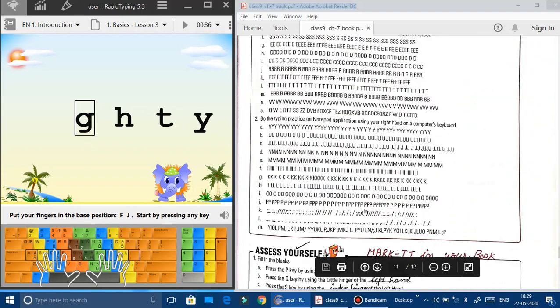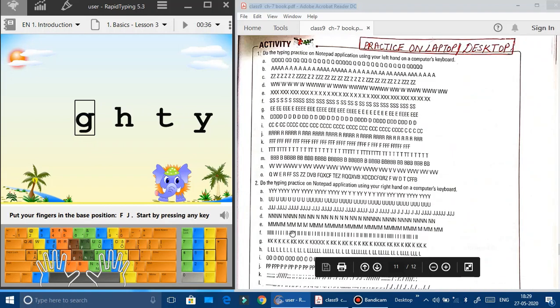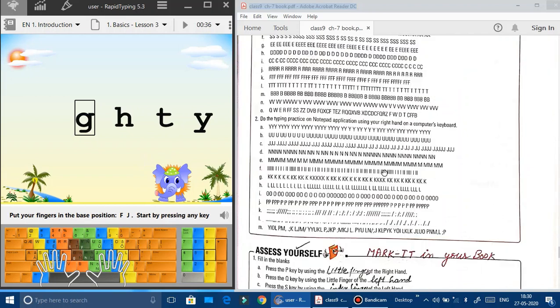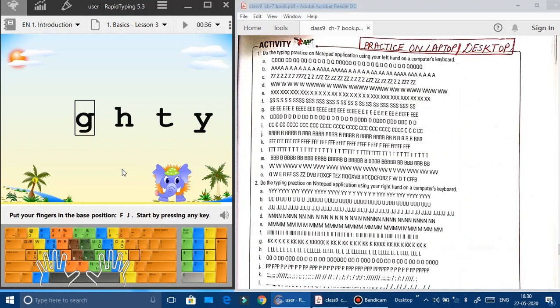Okay, and you can practice this activity in your software. Fine. Whatever result you are getting, you can save that screenshot, which can be pasted in your practical file later.